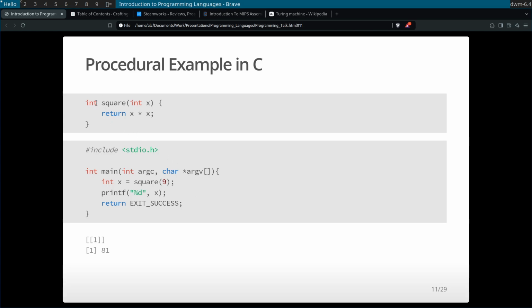Now, if I had written this part down here, the compiler wouldn't know what I'm talking about when I got to this step, because square has to be defined earlier in the file for it to quote unquote exist. I cannot have this below, because then when I get to this step, the compiler won't know what I'm talking about when I say to square 9. So everything's listed out in order, and I have to define functions before I call them.